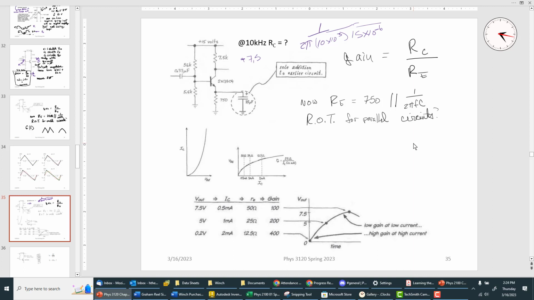So it's the voltage difference across the 7.5K resistor. As your output goes up and up, the voltage drop across that 7.5K resistor goes down, down,